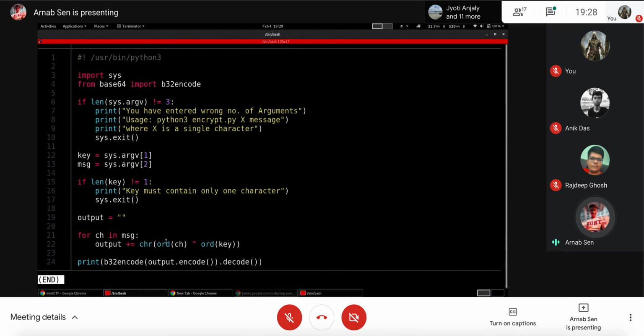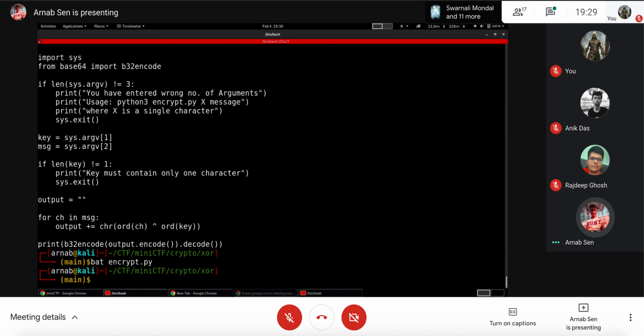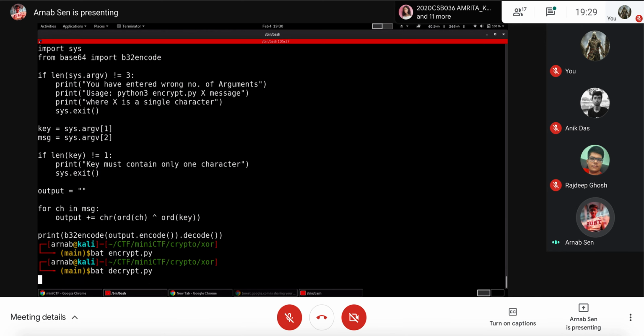It goes through every character of the message and XORs the character with the key, and then outputs the result by encoding in base 32. So I wrote a similar thing, just reversing the entire approach to decrypt it.